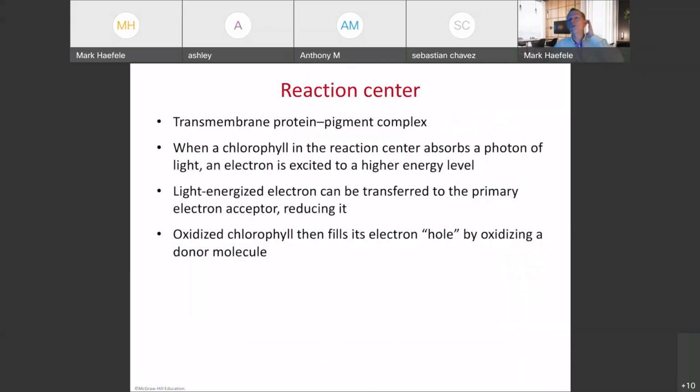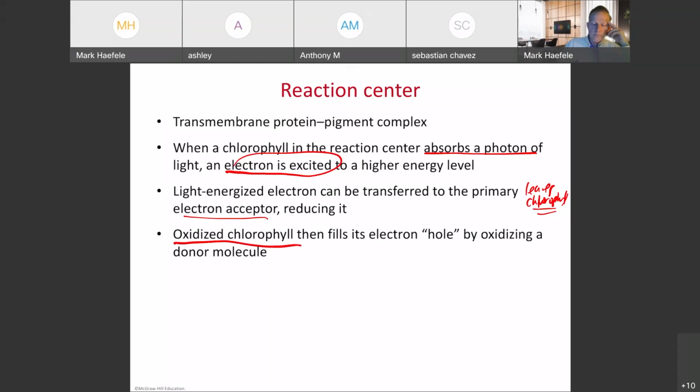Now let's take a look at this reaction center, right? Because we said that this reaction center, which is a chlorophyll A reaction center, will absorb your photon of energy. It will basically create the excited electron, and that'll jump up into a higher level. And then that electron is going to be transferred to your electron acceptor. So basically it leaves the chlorophyll. And once it leaves the chlorophyll,